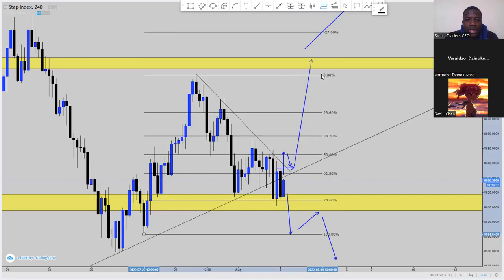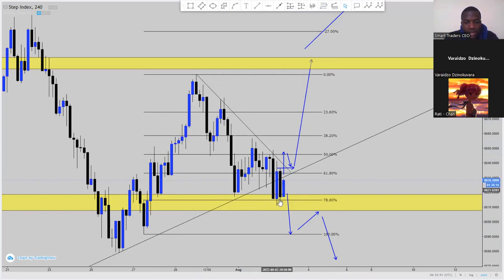So here we are, bouncing on the 78.6. Good. Point A, point B. Bouncing on 78.6. Once it comes back inside there, which is above the 61.8,